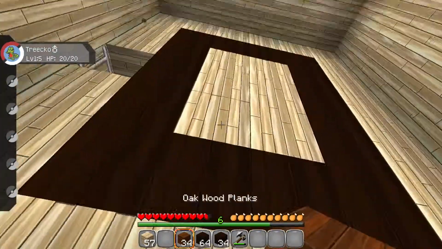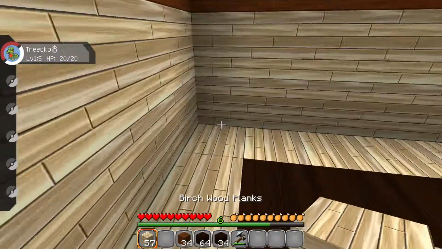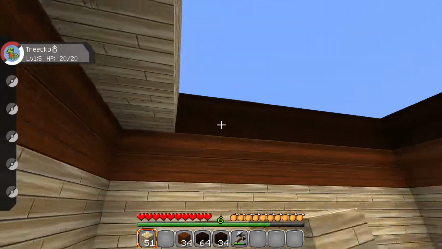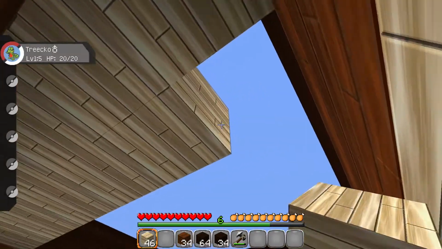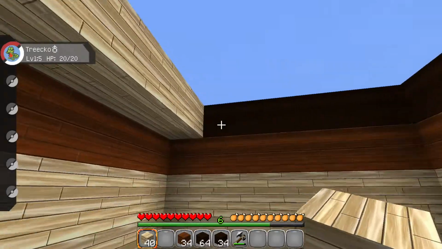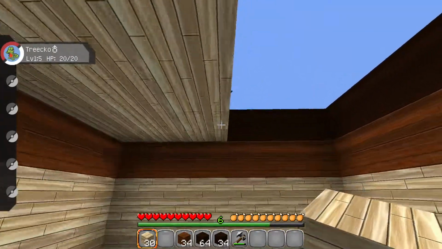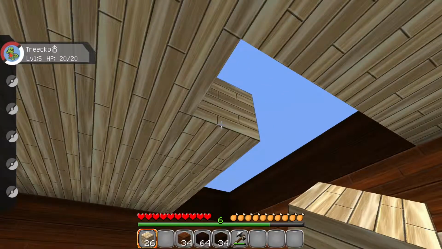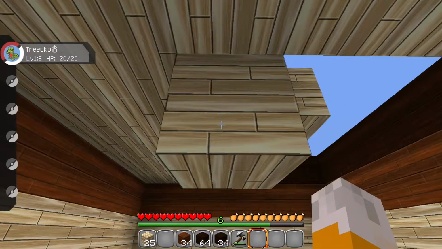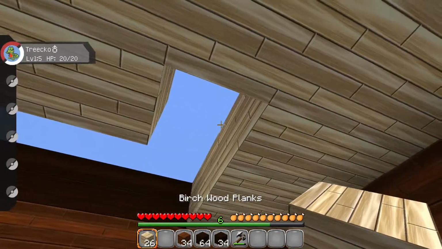You know, what's going to happen is what's going to happen. And I'm going to just do a birch ceiling, birch roof to my house. And the ceiling of the first floor to my house will be the floor of the second, because you can't see this right now, but I know it's there. Oops guys, sorry about the lag again. More lag. Alright,